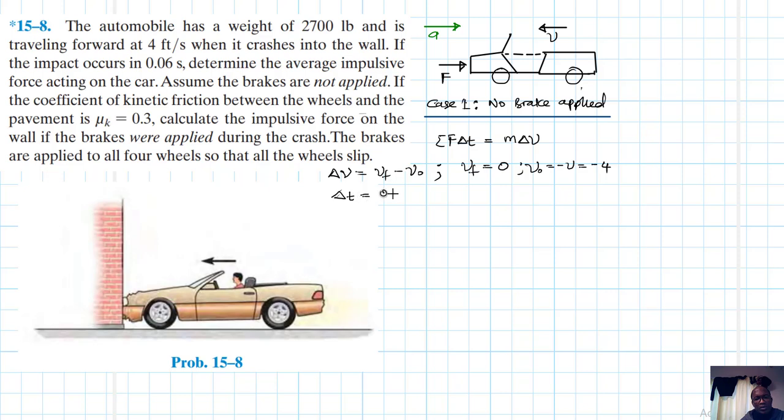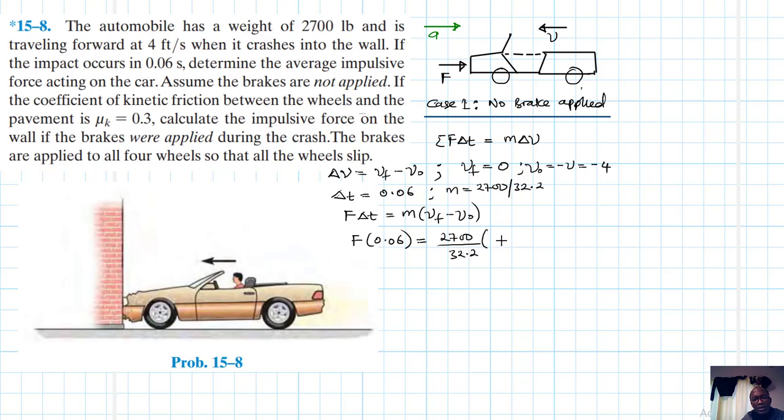Our delta T is equal to 0.06, right? So we have F delta T equal to M delta V, and our M is just equal to 2700 divided by 32.2. This delta V we said is just V final minus V naught. So what is our F? We do not know, so it's F by 0.06 seconds, and we do have our mass, 2700 divided by 32.2,